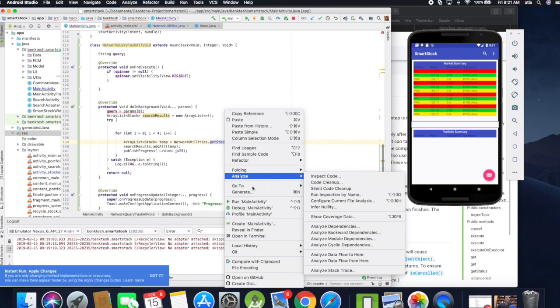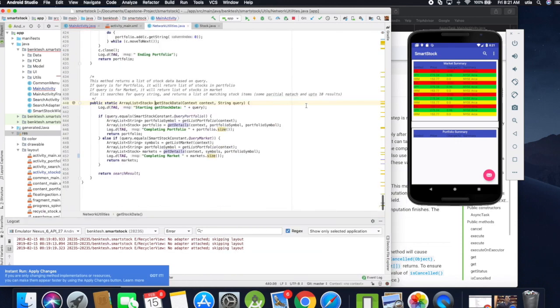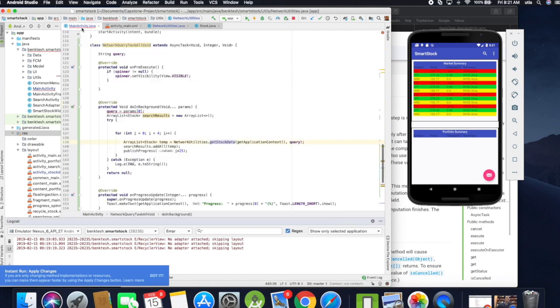Let's see what it does in implementation. So it's taking the query, and based on that, it's making a decision what to do. So we need a valid query there. So for the query, I know I am going to use market data. So in my application, this is market query. So now this method is valid. So what is happening here is we are doing the background processing, and then we are creating this search result, and then search result is there, but